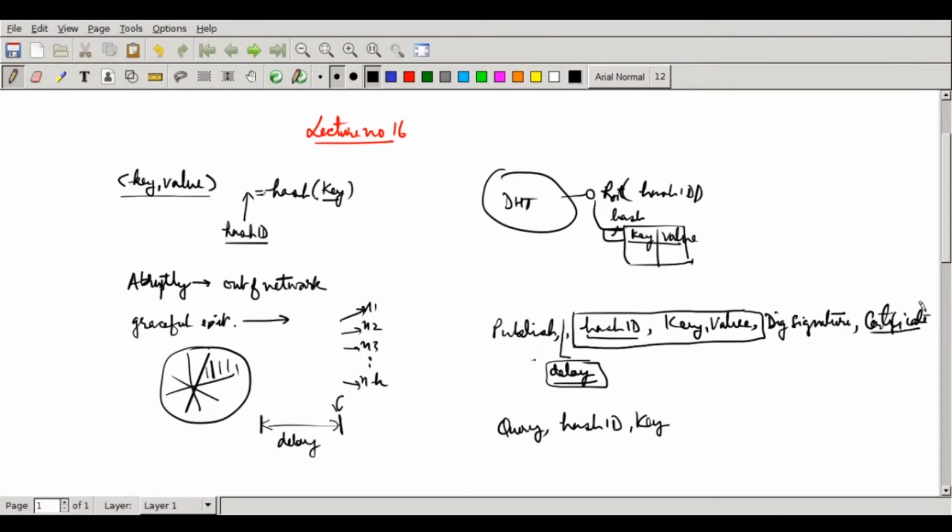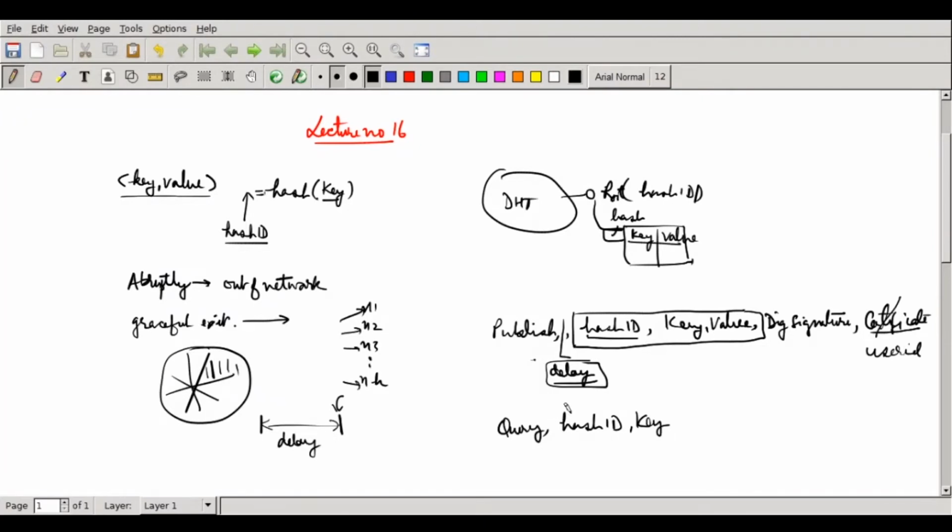Of course, this certificate is going to be repeated a large number of times, as a large number of key value pairs will be there. We have to figure out a way to sort this out. We will find out a way later where we will just replace it by a user ID, and the certificate can be found again from the DHT network. So we will essentially add another kind of key value pair into the system. We'll come to that later. Okay, so once this is done,